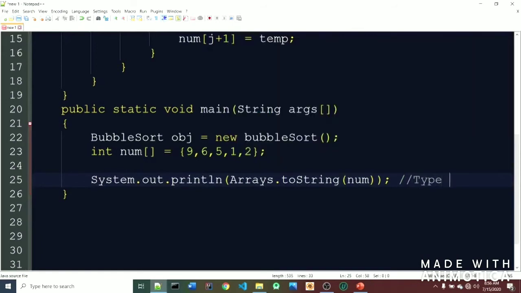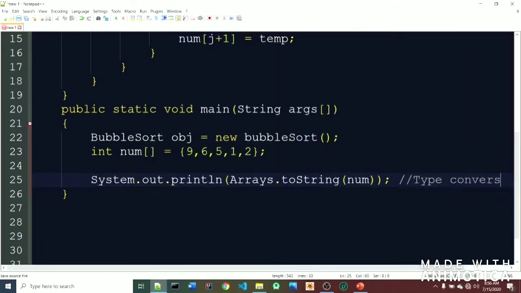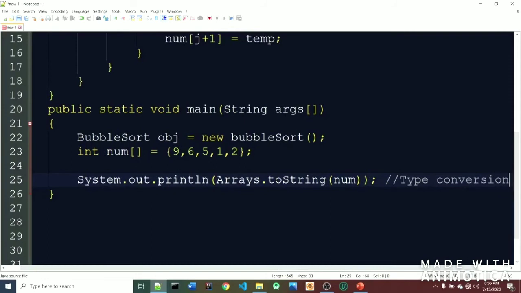Type conversion. So Arrays.toString is a method, and in the argument I have passed nums, that is the array value. So let's understand how it will work.